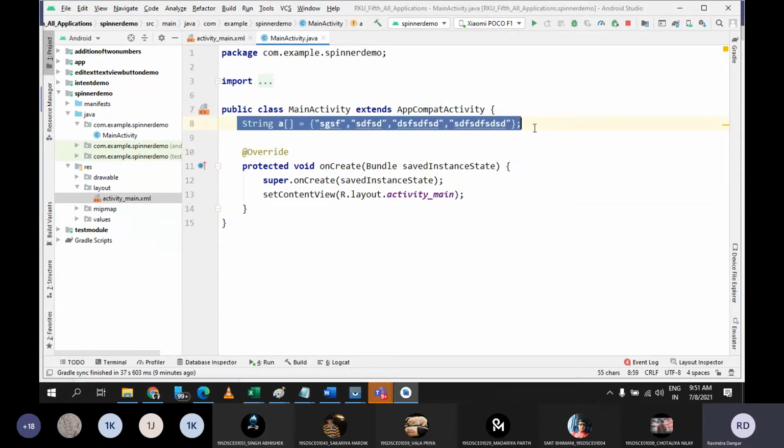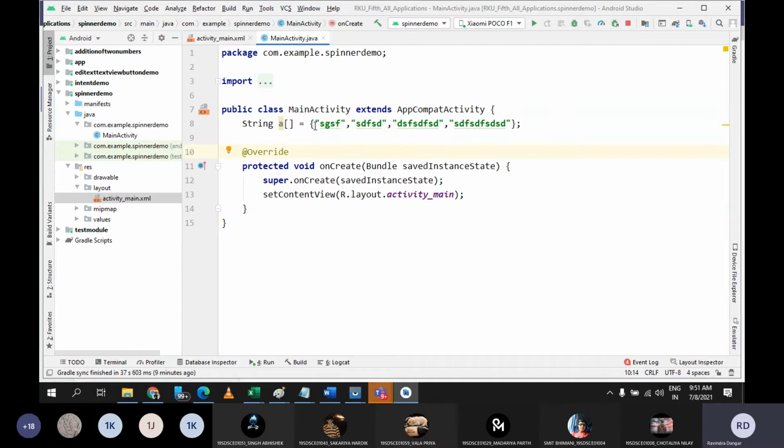Once you create an array, in this activity, whatever number of items we declare inside this array, we are going to display all these items inside the dropdown. Let's say as of now there are 4 items. I want all these 4 items to be displayed inside the spinner as a part of the dropdown.